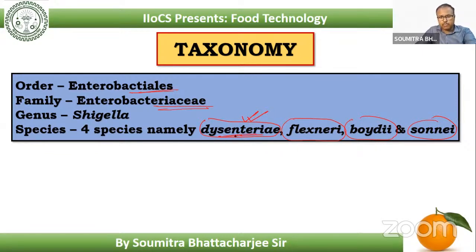Now, why is this the most critical and the most important point of discussion for us? Because Shigella dysenteriae is the bacterium mainly associated with bacillary dysentery within our body. It is actually the main cause behind epidemics of bacillary dysentery. Okay, it has been observed